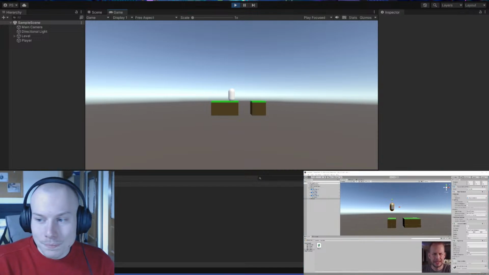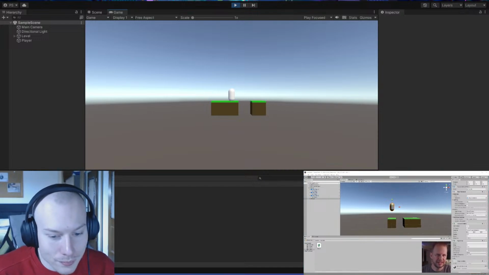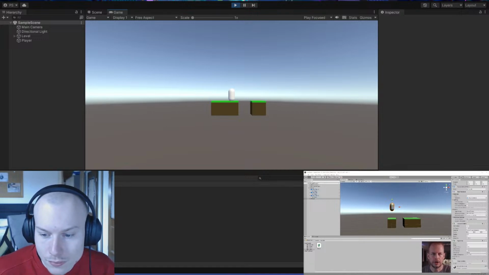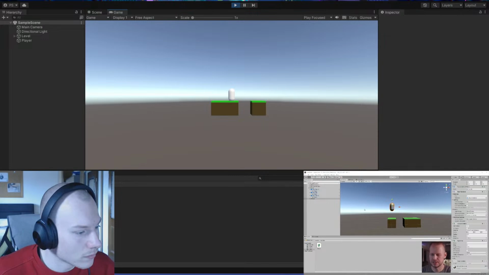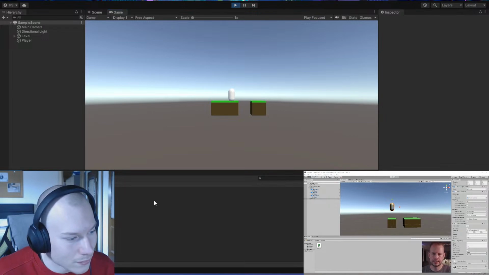It's time to make the player move a little bit, not just up and down, but left and right. Let's make it move along our little platform level here. We'll use the keys A and D to move left and right. Those are the common WASD keys. But we'll be using physics to move this as well. You could move it without physics. You could translate it